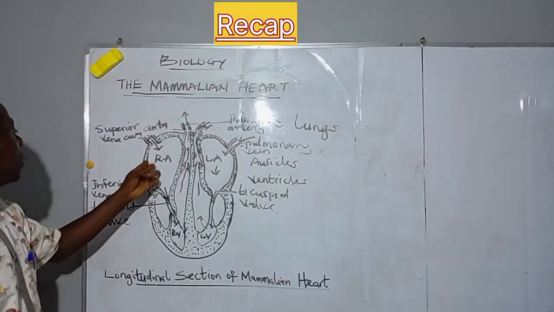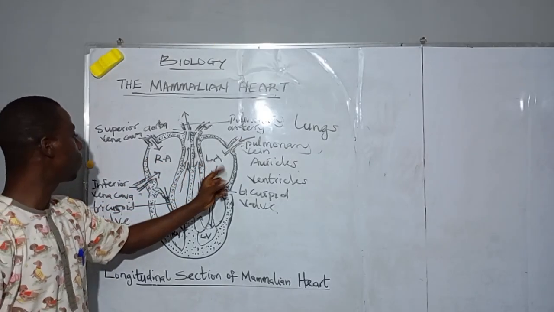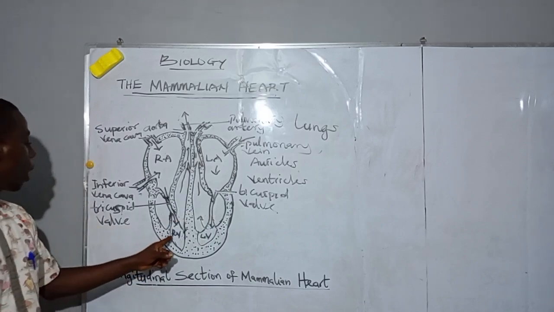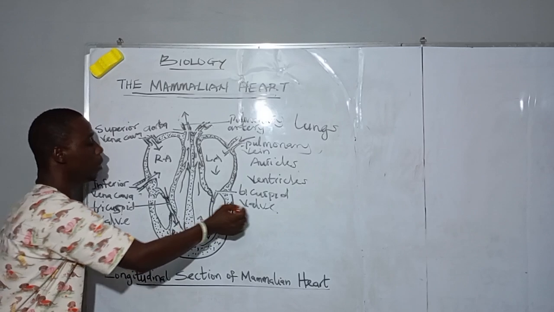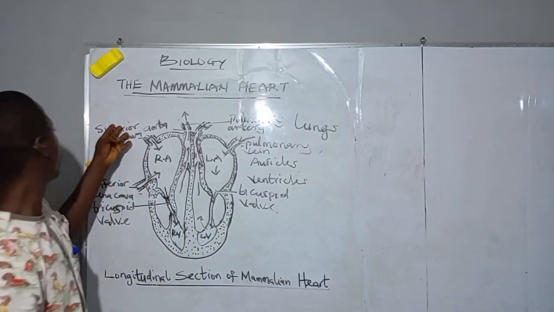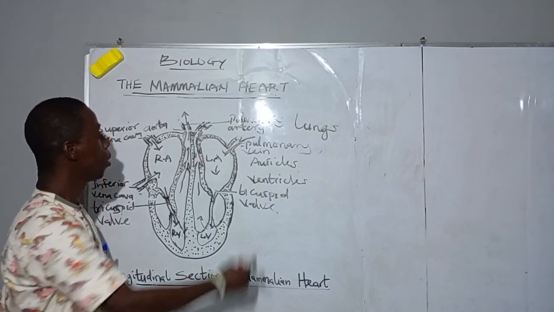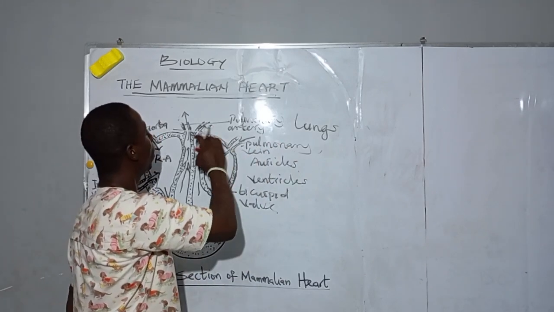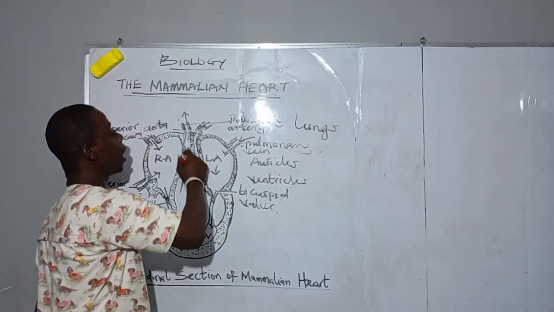We have talked about the four chambers of the heart, the right auricles and the left auricles, also the right ventricles and the left ventricles. But we also talked about the valves which prevent the backflow of blood, and also the superior vena cava and the inferior vena cava, the right auricles, also the pulmonary veins. The pulmonary veins receive blood from the lungs, and pulmonary arteries take blood